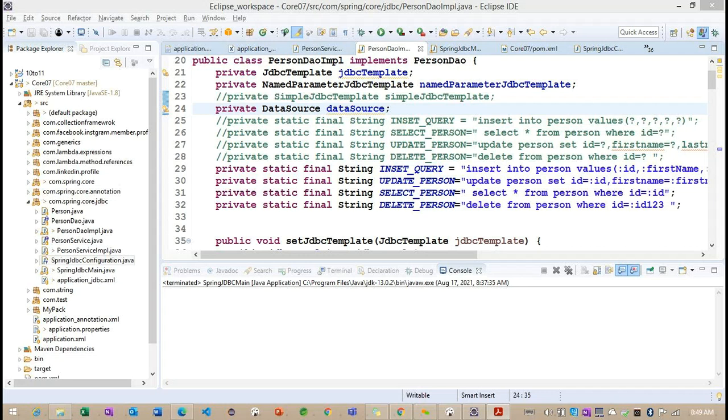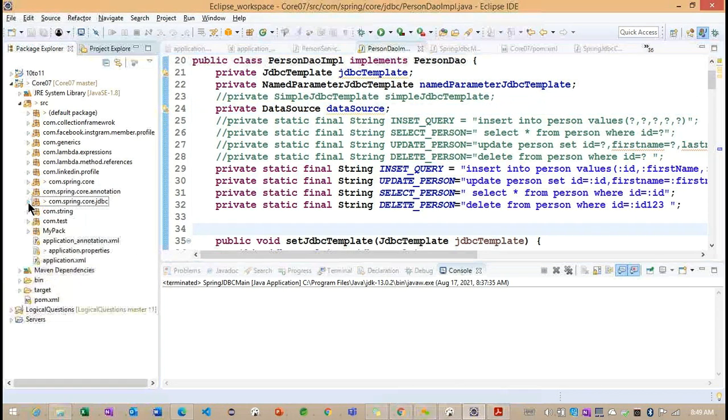Getting the point? Now, to connect our application, we'll focus on our e-commerce application. We are not going to write much code in it. We'll just focus on the concepts we are going to use with Hibernate. For example, here we are having one user class. Whenever the user is trying to buy any item, he needs a billing address. Getting the point? Without the billing address, the item is not going to be delivered, right? And now, what is the relation we are going to have between the user and the billing address?